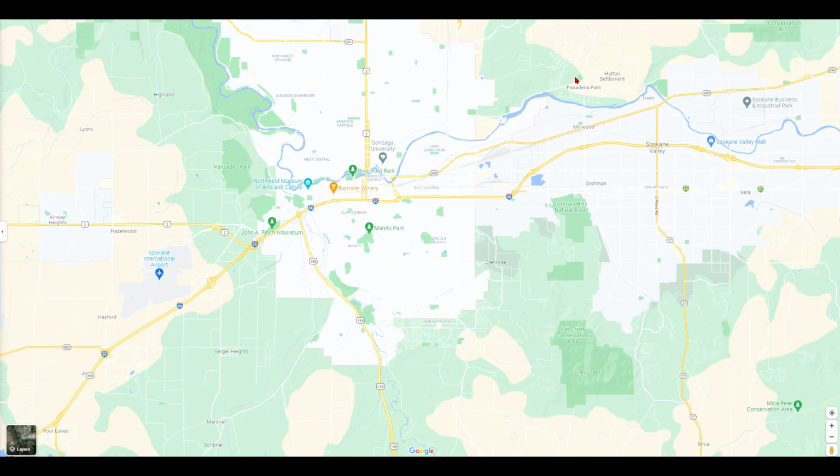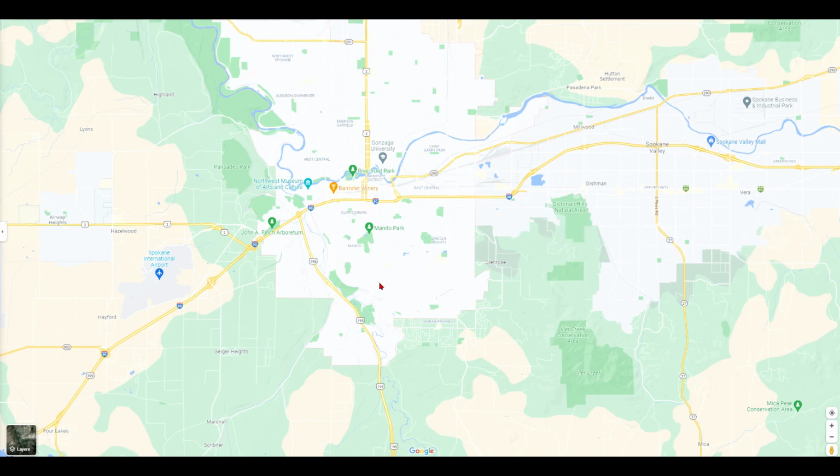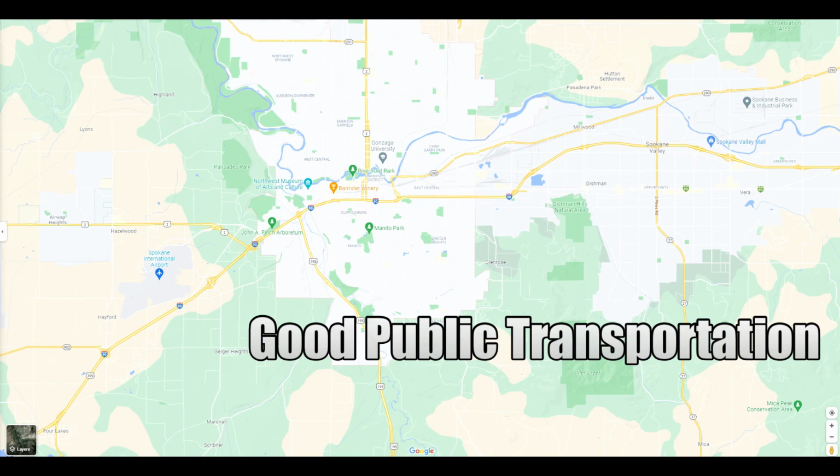Now, the South Hill is a big neighborhood, and it's going to be down here. So here's downtown. And so right here is going to be the South Hill. It is not a homogeneous neighborhood. You're going to find big, beautiful mansions from 100 years ago. You're going to find a split level home from 15 years ago. You're going to find 5-story homes. You're going to find all your tri-levels. You're going to find your very modern homes, golf course homes. So there's not just one kind of home that you're going to find up here on the